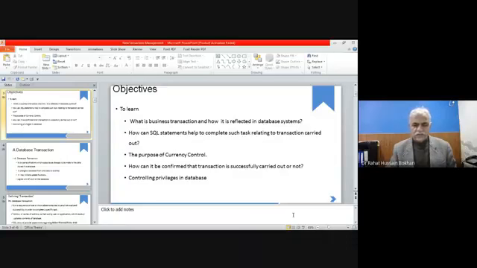It might happen that more than one user is working on the same table, and then how such concurrency may be managed in order to avoid some sort of conflicts